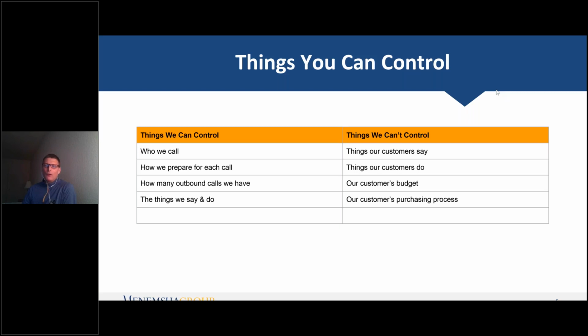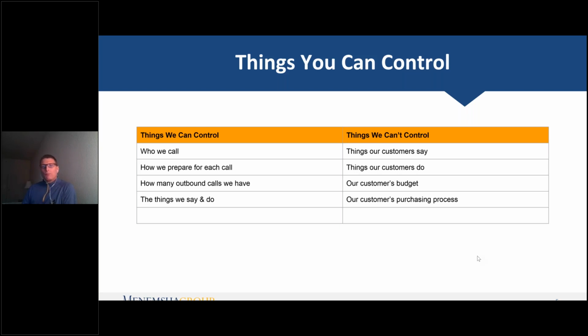And so I share that with you. You're probably thinking, well, yeah, no, duh. Well, I want this to be a reminder, because when you're selling in a market like we're in right now, controlling the things that we say and do and how we prepare for a call becomes significantly amplified. And so I think it just warrants a reminder that we take the time and think about the things that we say and do and how we're going to prepare. And I'll talk a little bit more about that. Let's jump to the next slide.